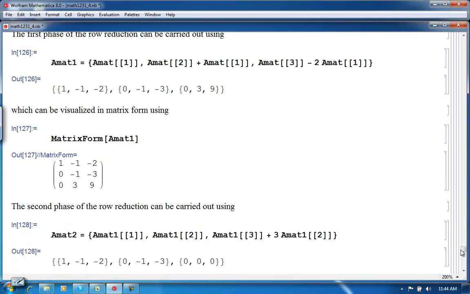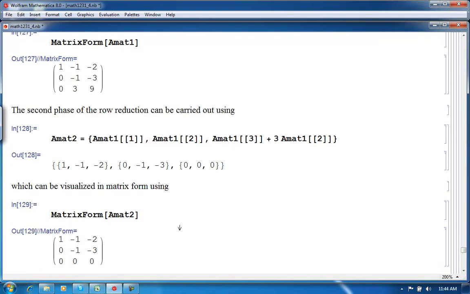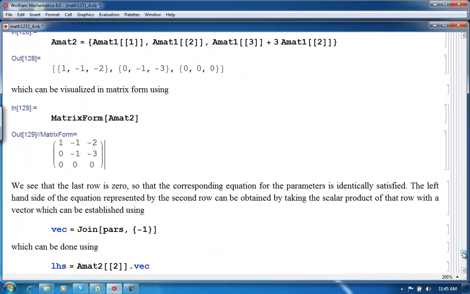And we can visualize that as a matrix using this, and we can see that indeed the bottom row consists entirely of zeros, and we now want to convert each row of the matrix into a linear equation. This is the back substitution. So the equation corresponding to the third row is identically satisfied. Anyway, we do that for each row by